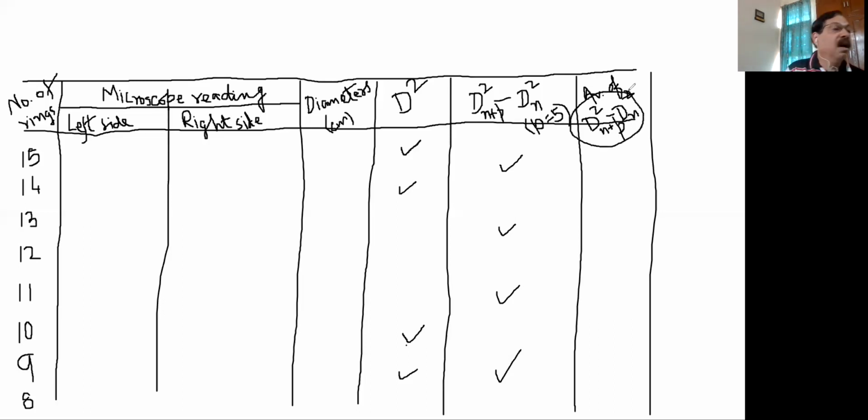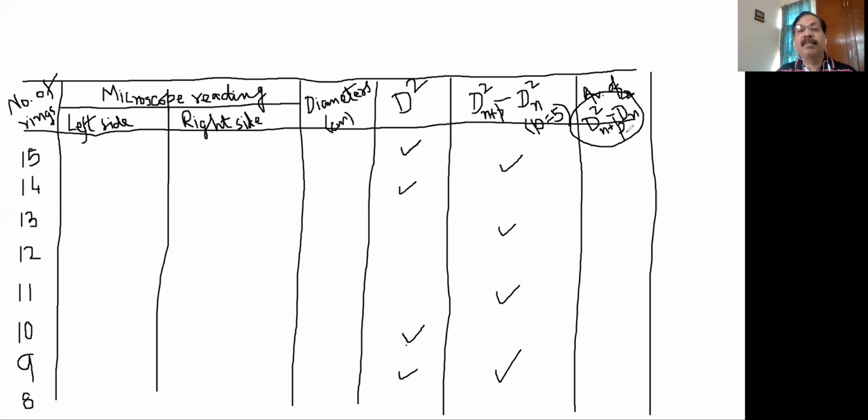Good. Now, how will you calculate the value of wavelength? After measuring the value of D n plus p square minus D n square, where I am choosing p is equal to 5,